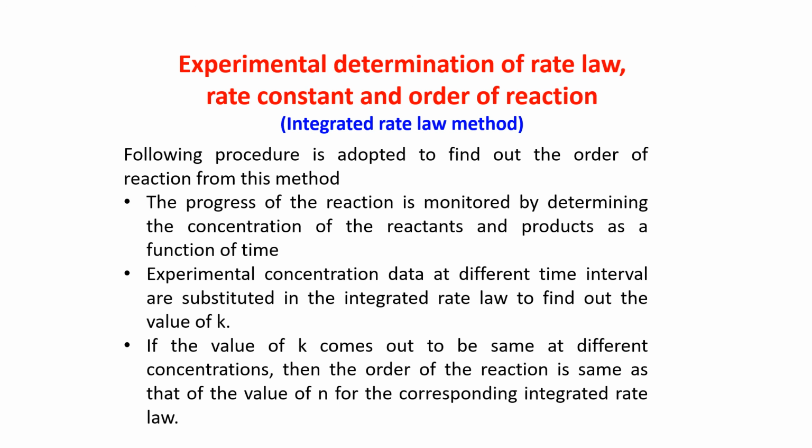So you will get the values of A, the concentration, at different intervals of time. As I told you, just put them in the formula. If you are getting the value of K the same for all the values of A that you get, that means your experiment is a first order reaction. Is it okay, children?